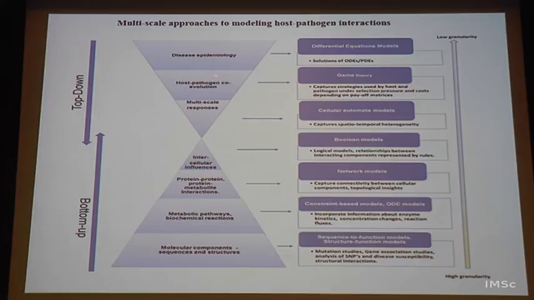A little further you can have things like host pathogen coevolution, which for lack of time I will not go into today, but there are just a handful of papers where people have looked at game theory to say how a pathogen can evolve. Okay. What changes can happen in its genome and whether it is useful for it, or what sort of things can be modeled basically. Again that is a very interesting area to get into. And at the end of the hierarchy we have disease epidemiology. You can look at population dynamics of disease spread and so on and so forth.